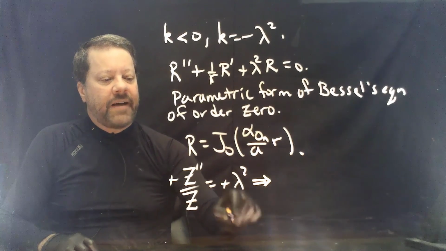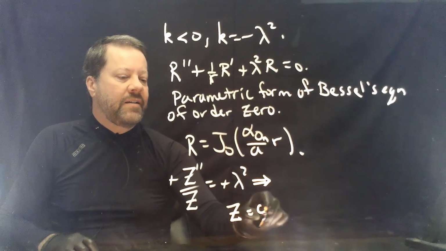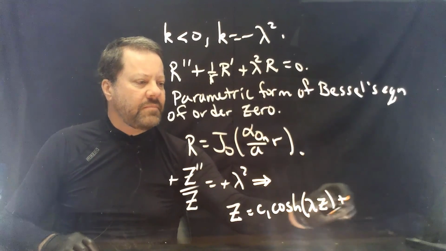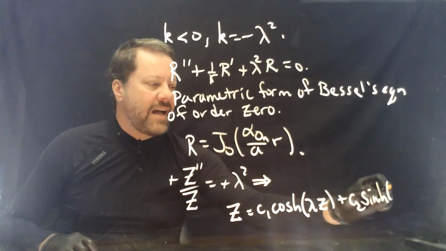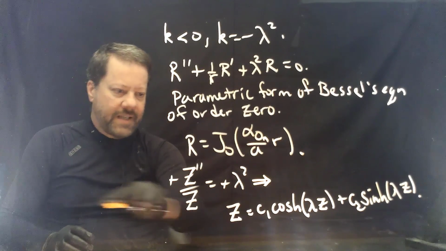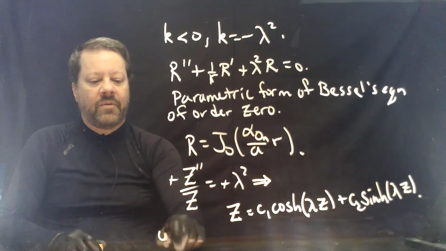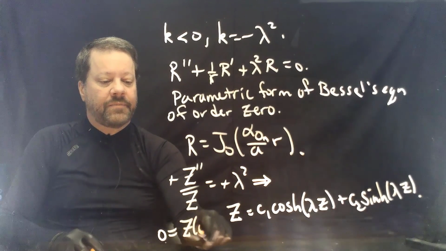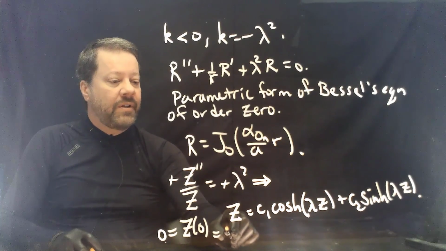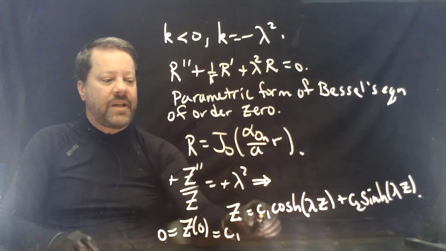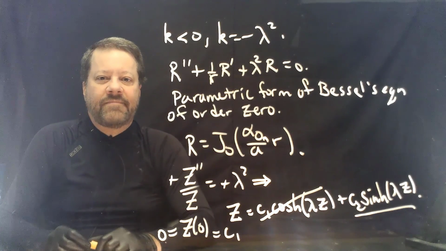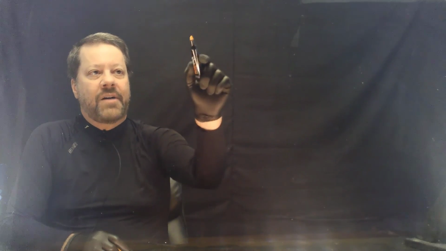And we can find that a general solution for this is c1 hyperbolic cosine of lambda z plus c2 hyperbolic sine lambda z. Now on the lower surface at z equals 0, we have to have a value of 0 here. And when you evaluate this at z equals 0, you get c1. And so c1 must in fact be 0, and our solution can only have hyperbolic sines. We have then the general solution